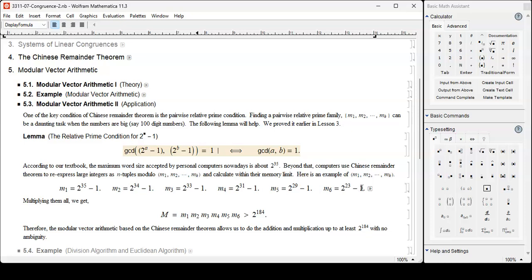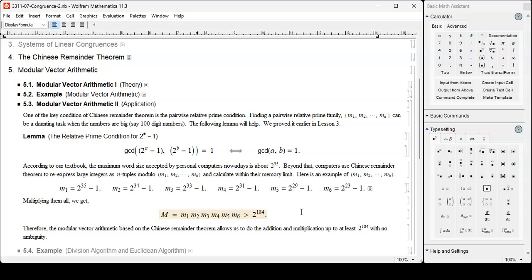Now look at these powers. The powers are 35, 34, 33, up to those, good. And 31 is a prime number, 29 is a prime number, and then jump to 23, that too is a prime number. So these are all relatively prime pairwise. So yes, we can use the Chinese remainder theorem, and then we can do the vector arithmetic, and then you can retrieve your answer back uniquely up to the whole number less than capital M, which is the product of all those